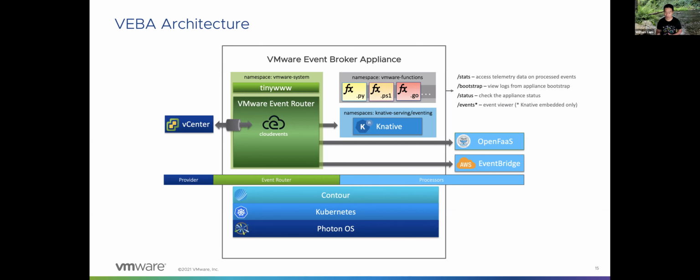We run it on a Linux optimized operating system. This is VMware's open source Photon OS. On top of that, we run a one-node Kubernetes to host this infrastructure. We use Contour for ingress connectivity. And then in the upper left-hand corner, the VMware Event Router is really the heart of the solution. It's responsible for talking to vCenter using that read-only account that you provided. As an event comes in, it takes that event and turns it into a standardized, consumable CloudEvent. At that point, it's available for different consumers to consume.